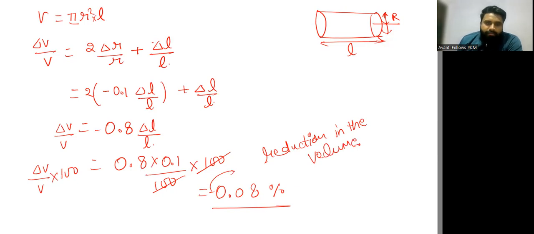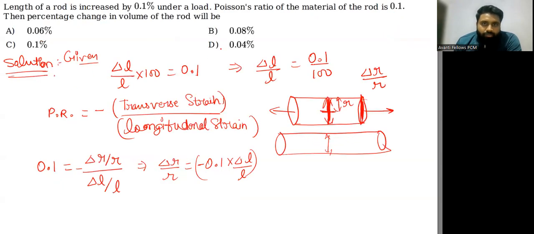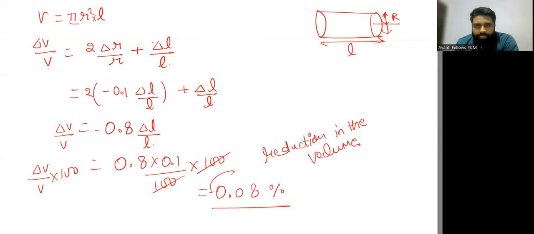Okay. Now, so option B is the correct option. If plus and minus variation are given in the option, you should always choose the negative. Okay. Now,